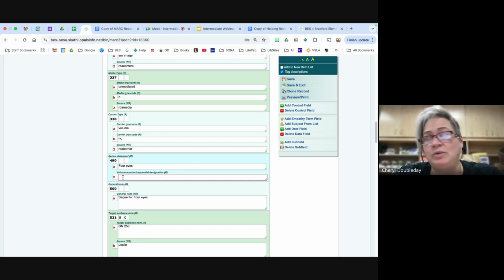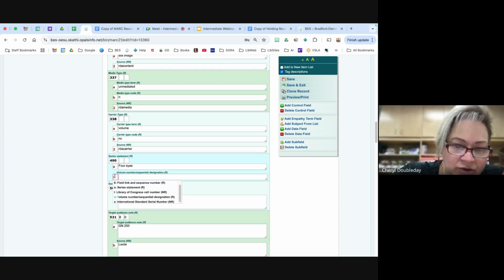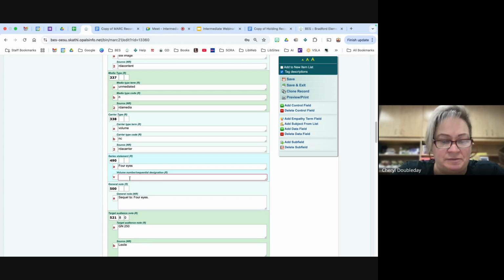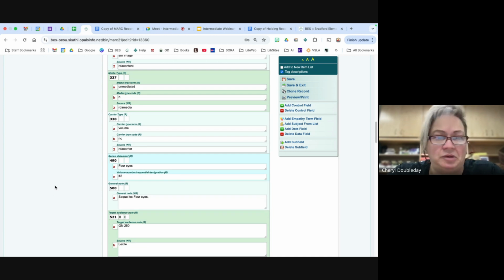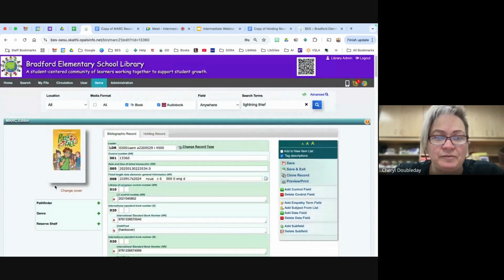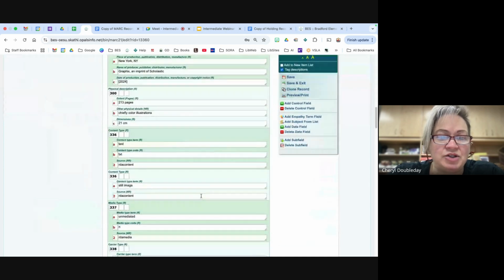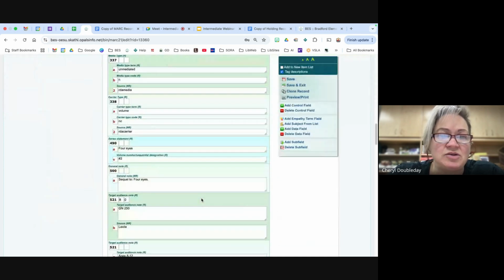I don't deal with periodicals or all the other things, reasons why they have volume and all the other different choices here. So this book is 4 Eyes number 2. It's a sequel. So now I'm not going to just do that. And then this is also where you would put,